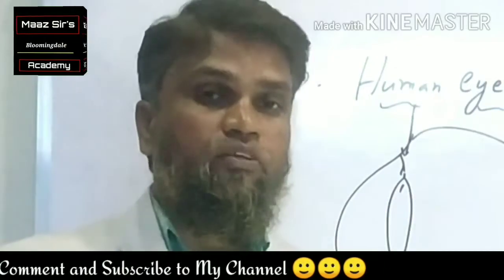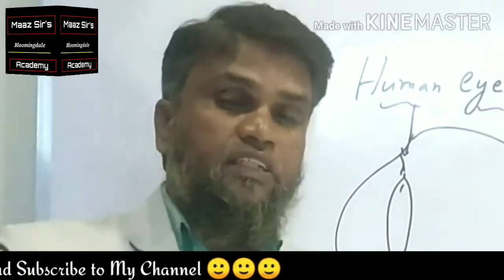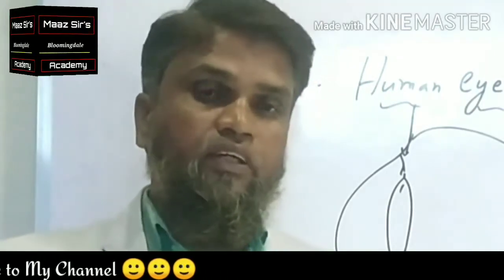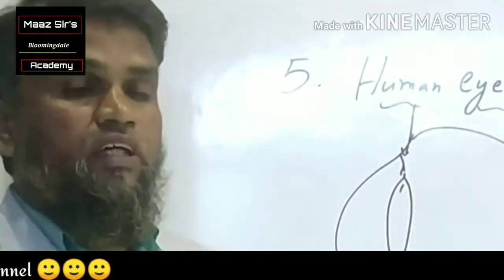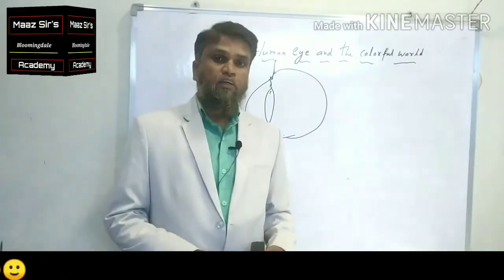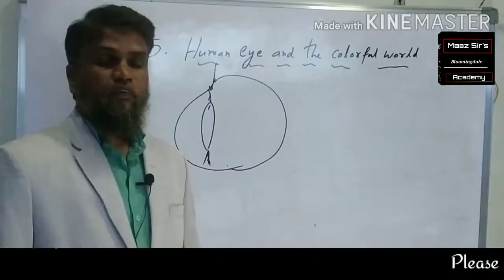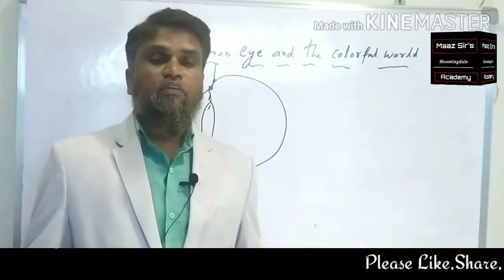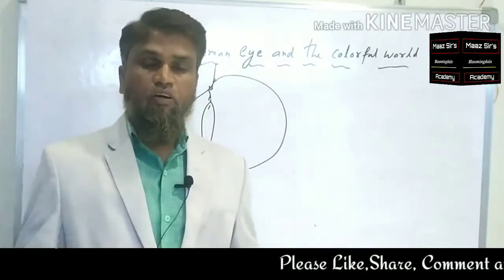How is it possible to get the same image on the retina when the distances are different? For example, at 30 centimeter, 50 centimeter, 100 centimeter, even though there is a lot of distance, still the image is formed on the retina. The next question is, are we able to see all the objects in front of the eye? And how do the lenses present in your spectacles help you sort out the defects of vision?